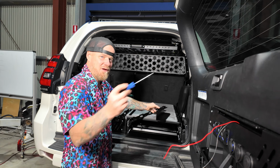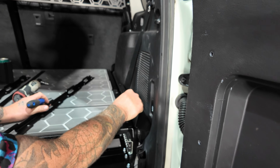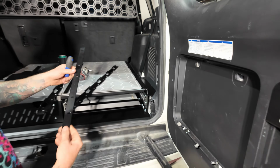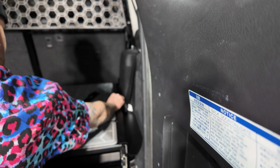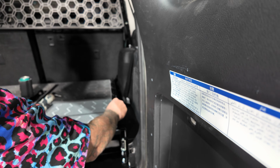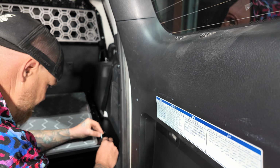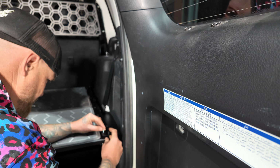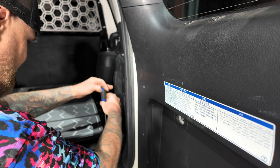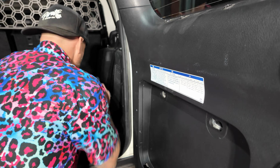So what we do is we'll come in here, and we just drop them in like that over them holes. Then we're going to have these couple little flat pieces here. We just put that up here like so on those holes. Then we get our rail. We set our rail back over the top and line them up, do them bad boys back up. Job done. And it's just rinse and repeat the whole way up there. And on the other side,